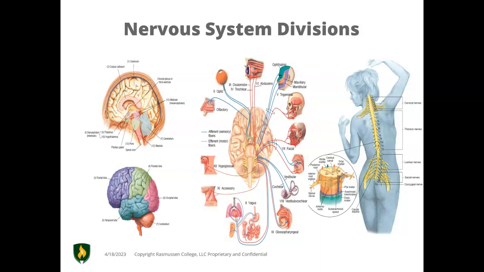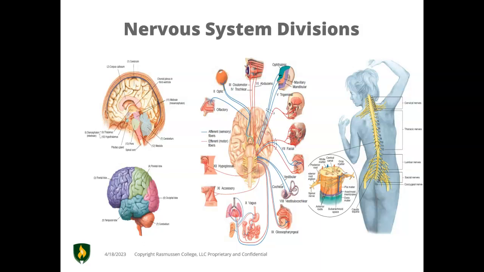We also have the peripheral nervous system. The peripheral nervous system consists of 12 pairs of cranial nerves and 31 pairs of spinal nerves. It consists of sensory neurons, which carry impulses from the body to the central nervous system, meaning they are afferent, A-F-F-E-R-E-N-T, and the motor neurons, which carry impulses from the brain and spinal cord to the muscles and the glands of our body, which is efferent,